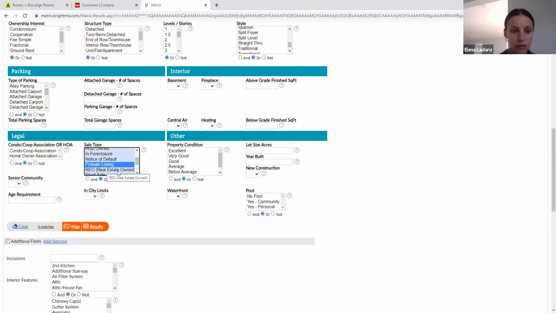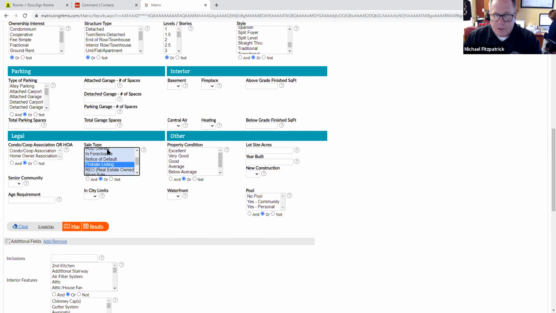Real estate owned property. This goes back to the HUD. Let me rephrase: HUD is government owned properties. This is like your FHA, your VA, your government insured loans. The properties are owned by HUD, so it's not owned by the mortgage companies. Usually HUD homes,